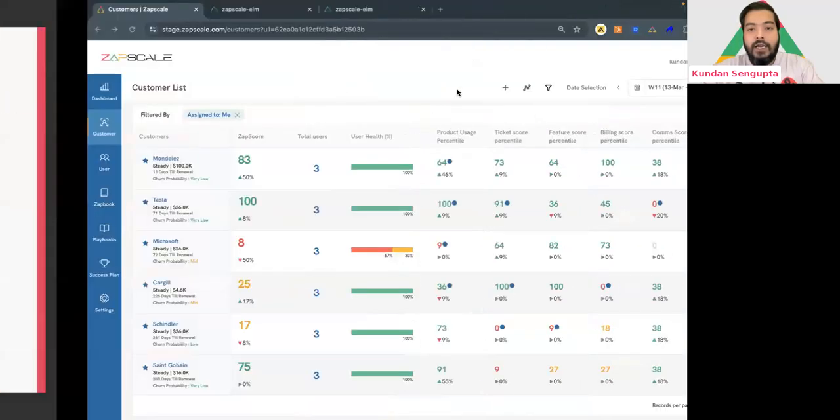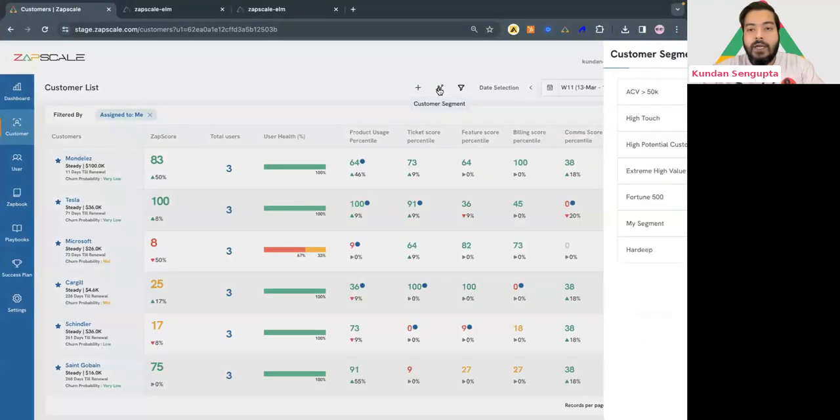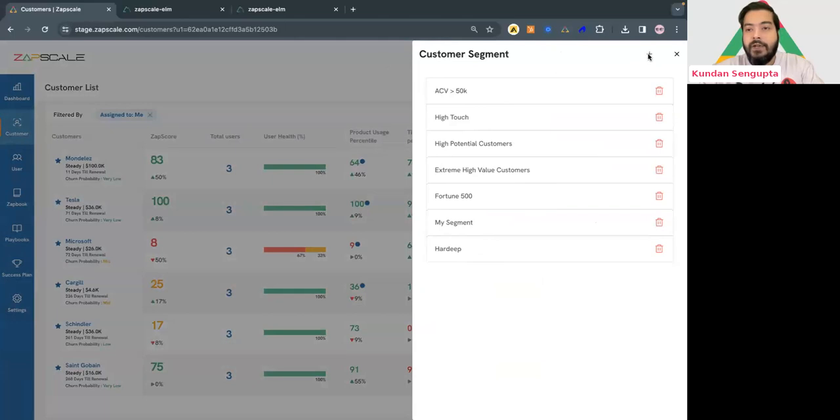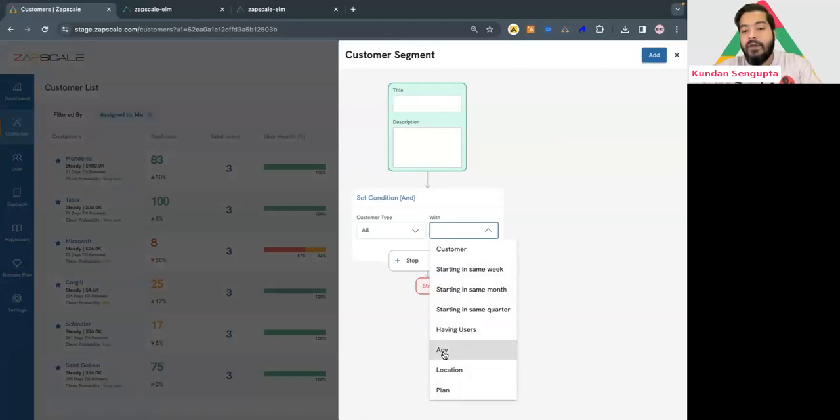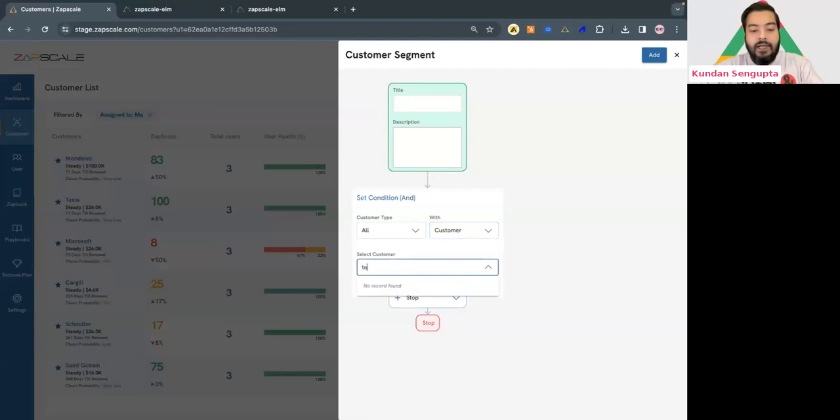What about segmentation? Can we create our own segments? Absolutely, you can create any number of segments in ZapScale. You can create a segment based on the ACV values, where I want my customers which are X ACV plus, or I want to create a segment based on their location, India customers separately, my US customers separately, or based on the plan that the customers are on, or I just want to create a custom segment where I manually add customers. Like I want to look at Tesla, and I want to look at, let's say, Microsoft